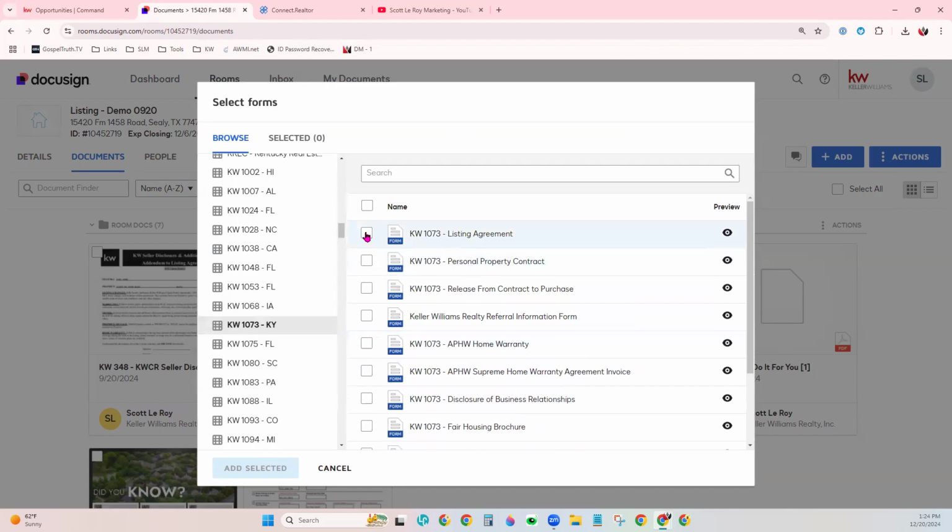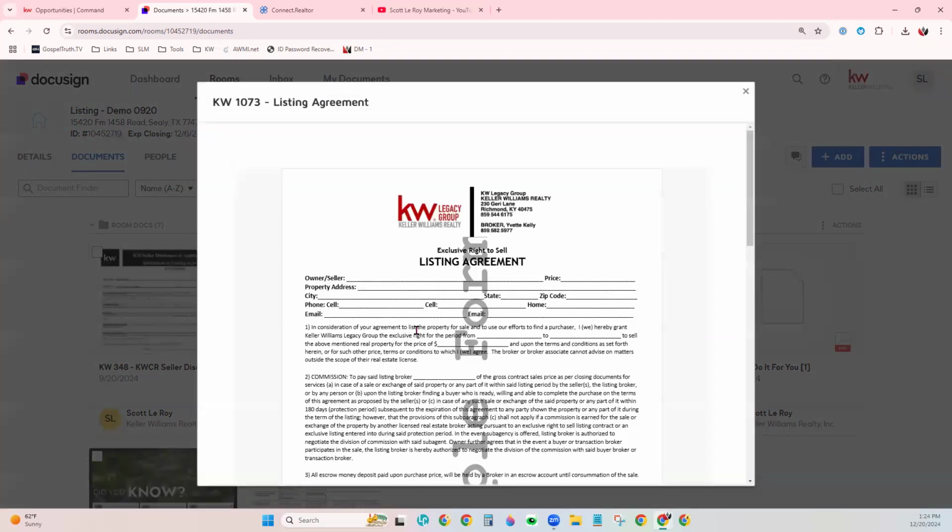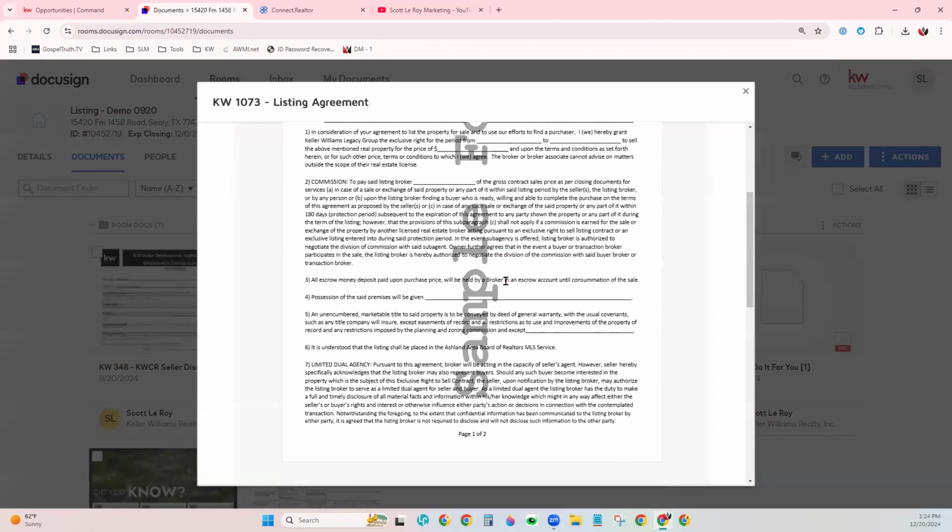You can also check them. If you check the box beside them and click Add Selected, it will add them into the DocuSign room so that you can further edit them. If you need to preview them just to make sure that's the right form that you think you're grabbing, you can go ahead and click the eyeball, and it will let you preview that form just to make sure it's